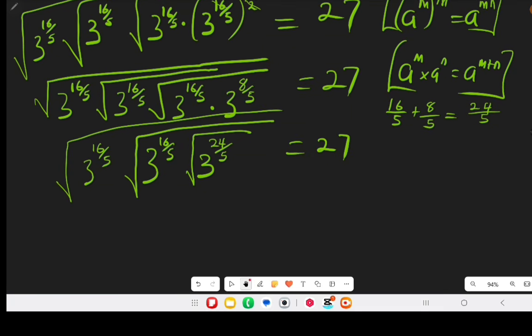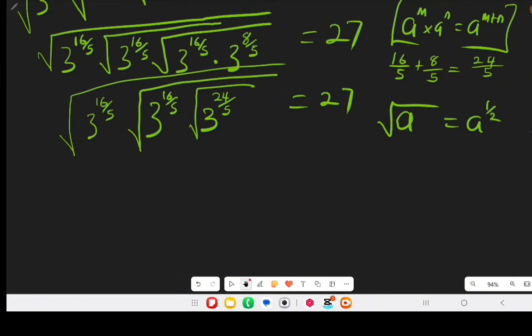If we move further, we have to change this one to power, and the only way to change it to power is to raise it to the power of 1 over 2, where we have square root of a equals a raised to the power of 1 over 2. And if we do that, we are going to have root of 3 raised to the power of 16 over 5